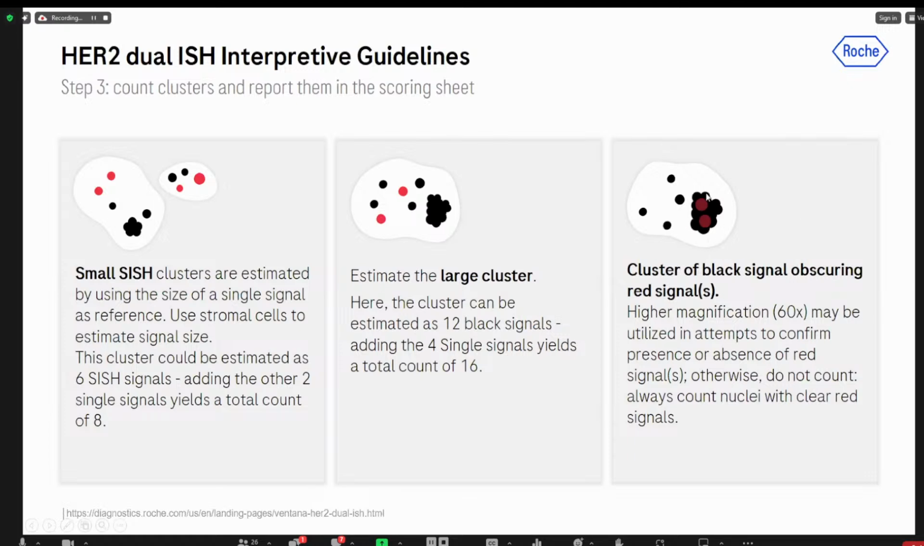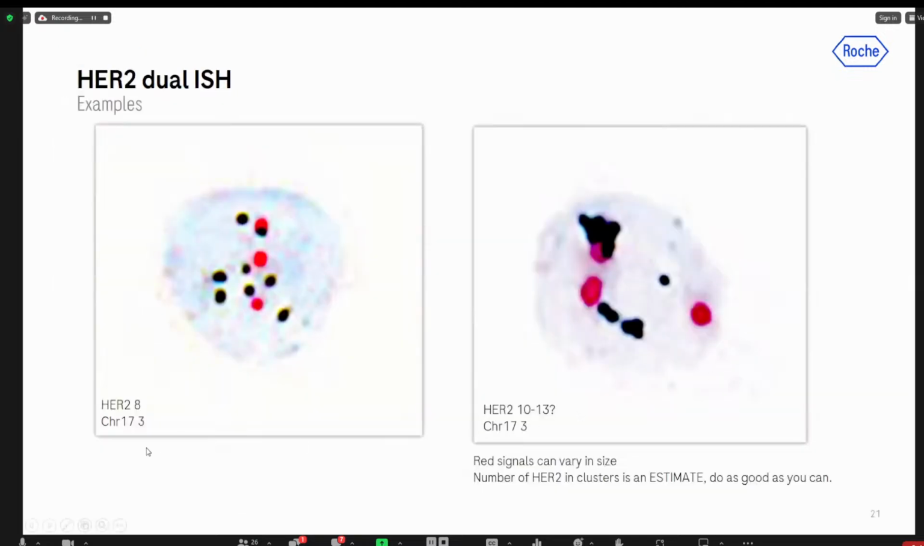One thing that is important to know is that if you have clusters, they might obscure the red signal. So sometimes you might need to go up very high in magnification just to try to see that red signal underneath. Otherwise, you can always count another cell as well. So here's an example of one cell that is very easy